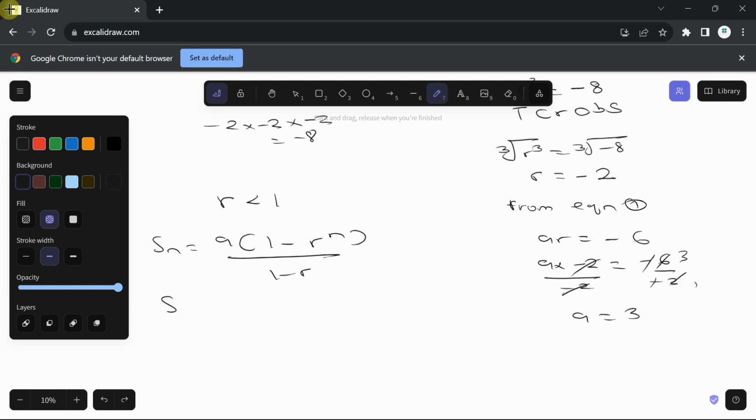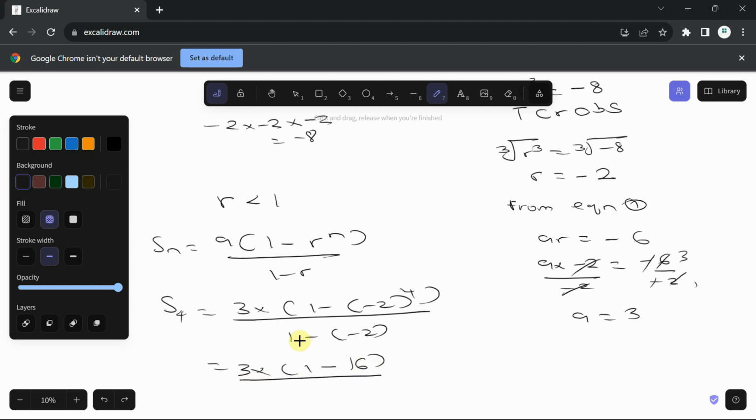So the sum of the first 4 will be, our A is 3, so that is 3 times 1 minus our R, which is minus 2, so minus 2 raised to the power of 4, all over 1 minus 2. So this is 3 times 1 minus, minus 2 raised to the power of 4 will give you 16,